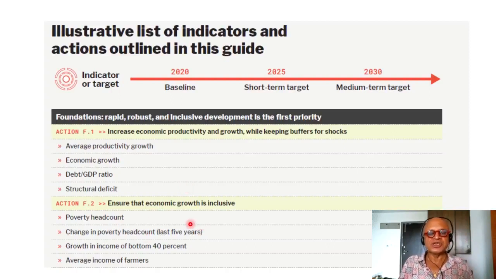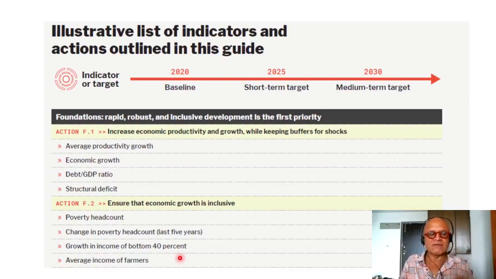Action F.2, ensure that economic growth is inclusive. So here poverty headcount is important. Change in poverty headcounts in the last 5 years is critical to ensure everything is moving in the right direction and that nothing serious is going wrong. Growth in income of the bottom 40% is a good indicator of how people are being moved from below poverty line to above poverty line, which shows how they can be ready with enough resources to adapt to climate change